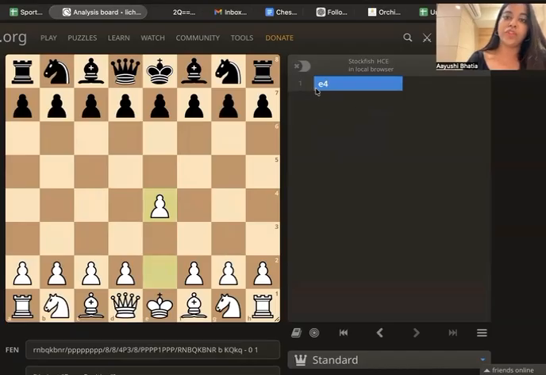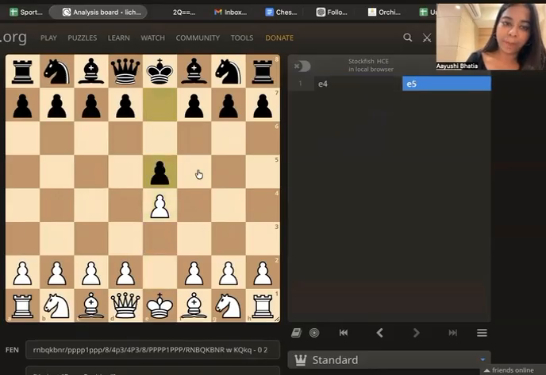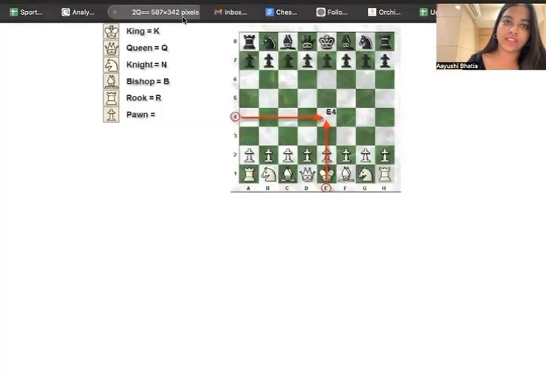For pawn, we don't use any specific name like pawn or P. We just use the name of the square. Unlike for the other pieces, see e5. We use the letter as shown here on the screen, that is K, Q, N, B, R for specific